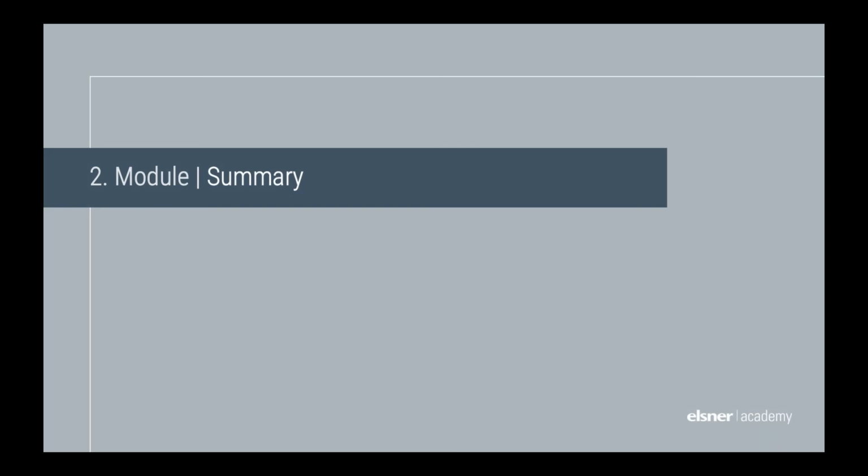So we arrived at the end of the second module, and I'd like to give you a small summary. In the previous chapter, we dealt with the settings of the sunshade automation. For this purpose, we dealt with the definition and the alignment of the facades. Then we got to know the shadow edges and slat tracking, as well as the slat distances and angles. At the end of the chapter, we got to know the alarm functions and the status output of the automatic facade control.